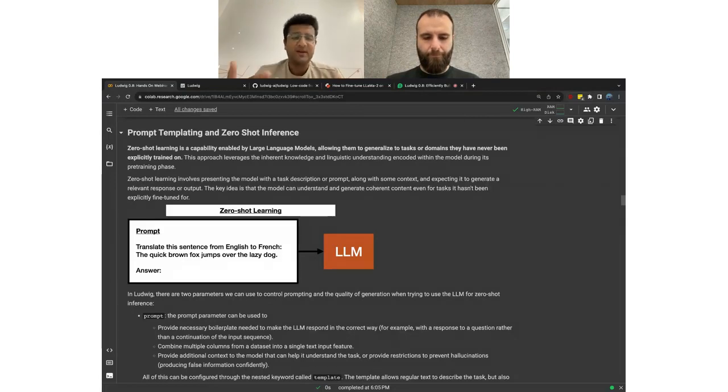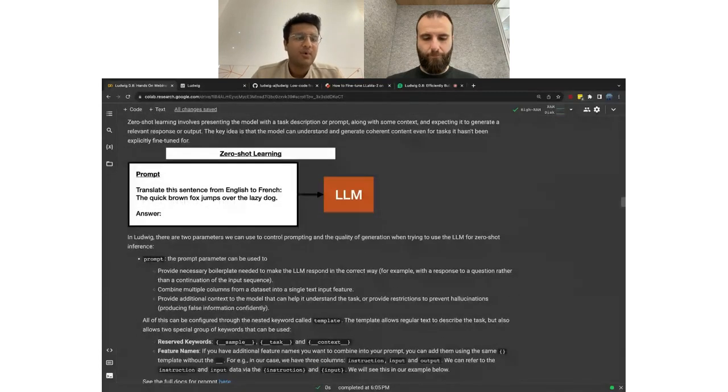And so what zero-shot learning is essentially, it's what we call an emergent property of large language models, where you can prompt them, and then they can actually answer questions that they might not have been explicitly trained on or learned about. If you've used ChatGPT before, when you prompt it and you give it some information, you're doing zero-shot inference. ChatGPT wasn't actually trained to answer those questions. It's using pre-trained knowledge to answer those questions. So very powerful model. And here's a quick example of what this looks like. So you have a prompt, you give it this thing, you have answer, and you say, well, give me an